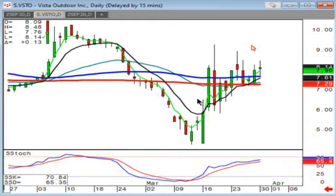Now, each one of these patterns that you can recognize also allows you to know exactly when the pattern didn't work. Let's say I bought this tomorrow and it traded up here, broke out, then came back down and closed down here. What's that tell me about my breakout? It didn't occur. Close out the position. I have less mental stigma now that if I see something that's supposed to work and it doesn't, I close it out,